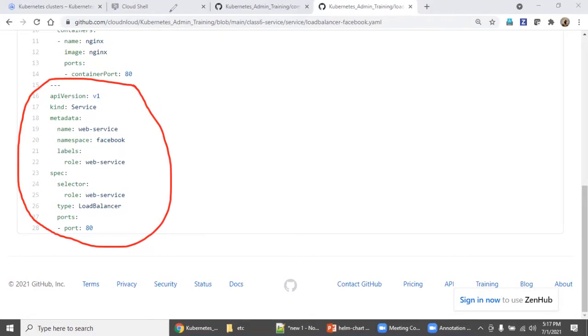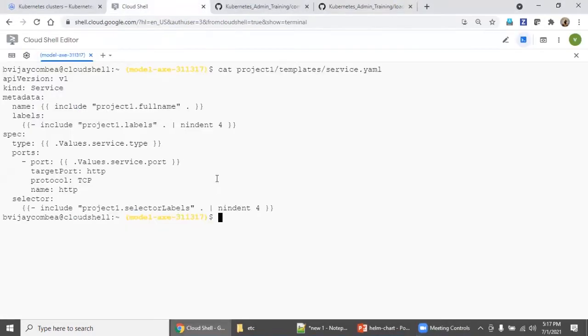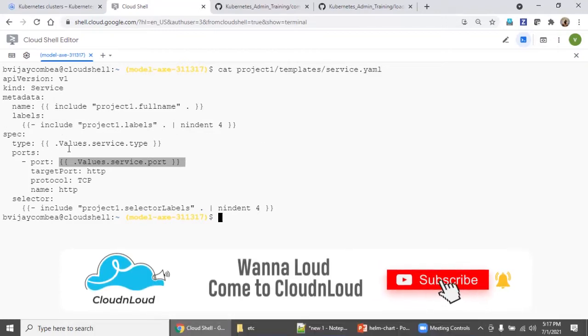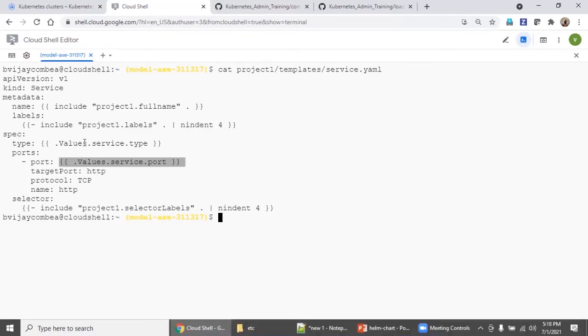But the only thing is, if you look at the difference, I'll go back here. See, here there are variables. They have given variables, not hard-coded values, right? Because if you put all these values in values.yaml, they will override. So this skeleton can be reused for any release, any environment. This is how you need to match while learning, right? So let's open some more files.